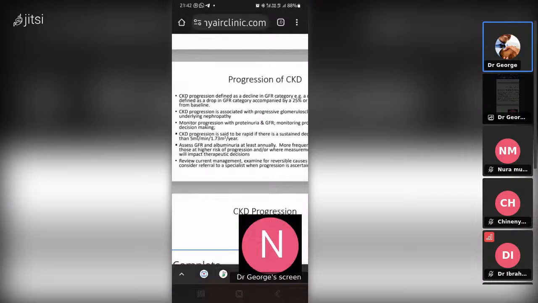So, some of the complications of CKD. Okay, we have uremia, malnutrition. Of course, we expect uremia to occur. Malnutrition, of course, the patient is going to be losing a lot of protein in urine, so you expect the patient to be hypoalbuminemic. And a patient that is hypoalbuminemic is never going to look normal. The patient will look malnourished, will look like a kwashiorkor patient, with generalized edema, because you have altered the balance between serum proteins and the tissue, right?